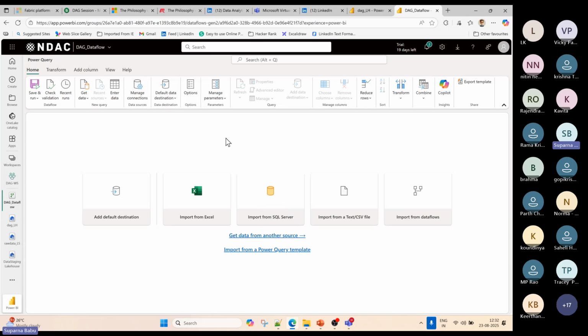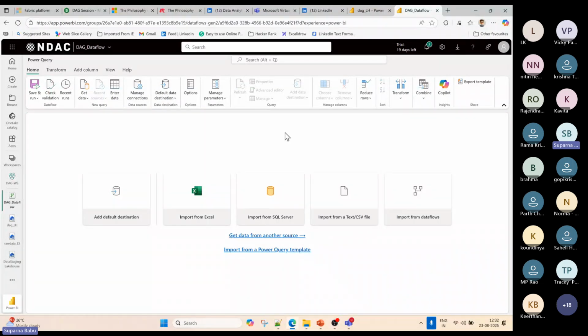Okay, see, that's what I told you in the PPT also. This is nothing but your Power BI Desktop Power Query editor. They renamed it in Fabric, and in Azure Data Factory also they renamed it as data flows. It looks the same as the Power Query editor from Power BI Desktop. Same options: home, transform, add column. Every option is there.